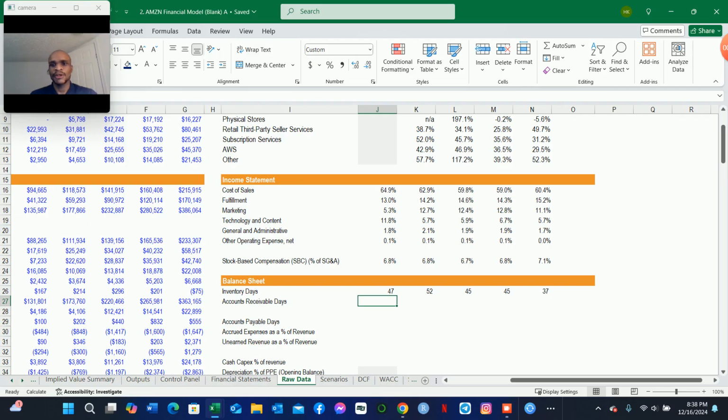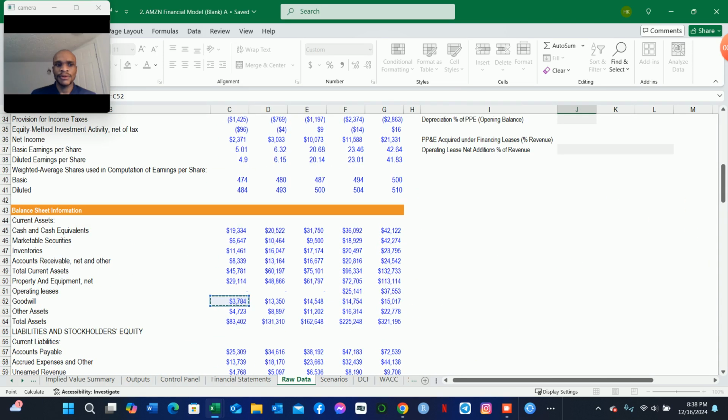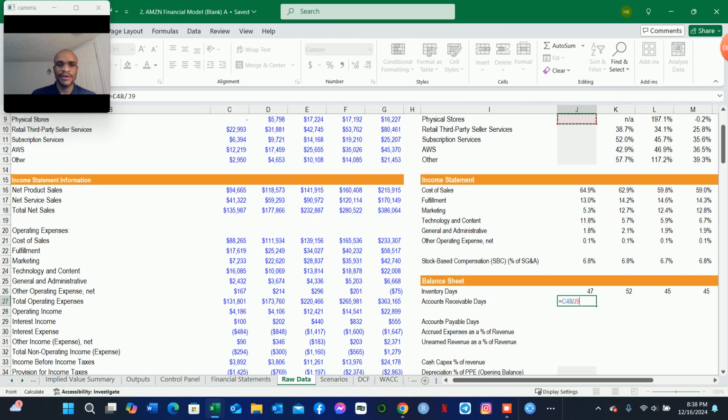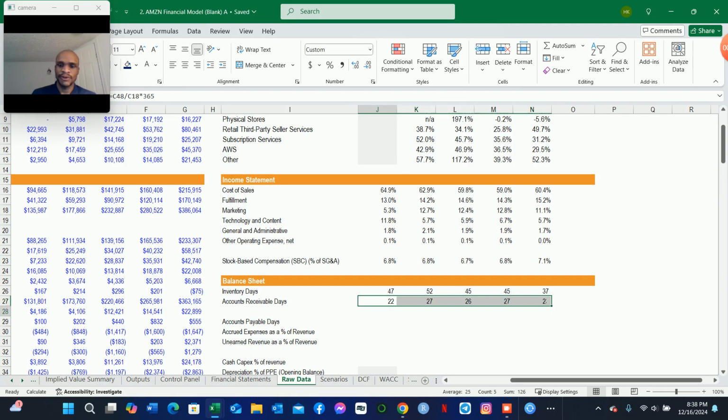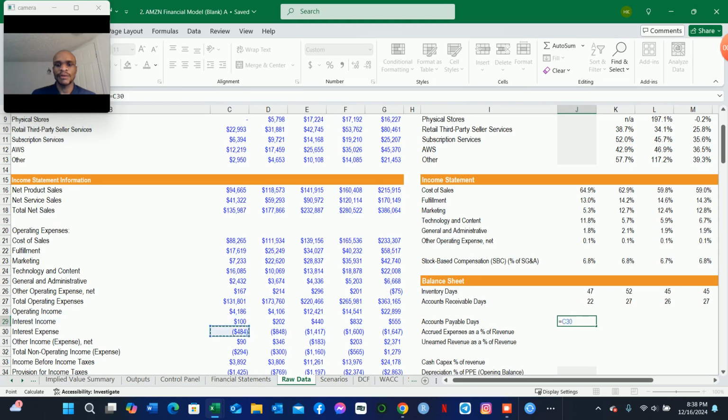We do the same thing for accounts receivable. It's gonna be, we grab the accounts receivable on Amazon's balance sheet divided by Amazon's total net sales. So it's a function of total net sales. We multiply that by 365 days in a year. Fill that right. Then for the accounts payable, we're gonna take the accounts payable balance on Amazon's balance sheet